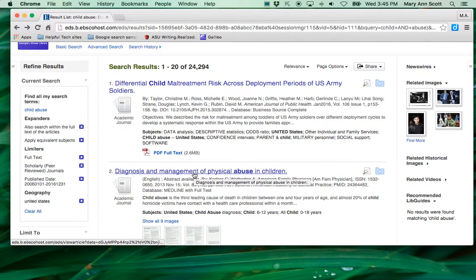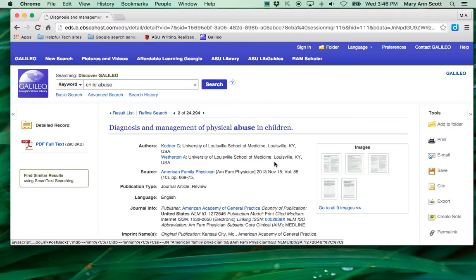And you'll notice I'm looking at these two titles. This one I know is probably formatted exactly right. And the reason I'm bringing this up is because you can have Galileo do some of that work of formatting your reference page for you. So this is going to be an entry that you will put on your references page. Even if it's something like this, these are minor tweaks and I'm going to show you why. I'm going to click on the one that's done correctly right here.